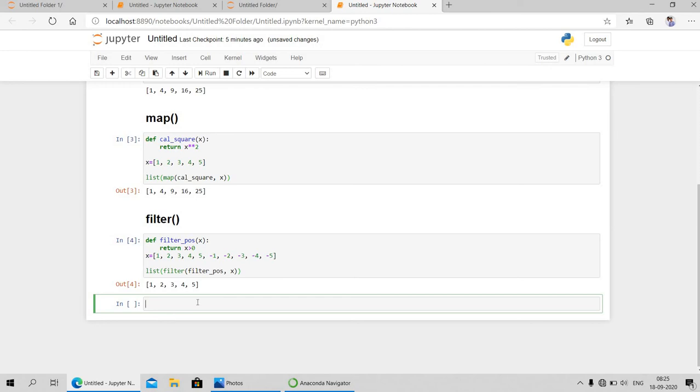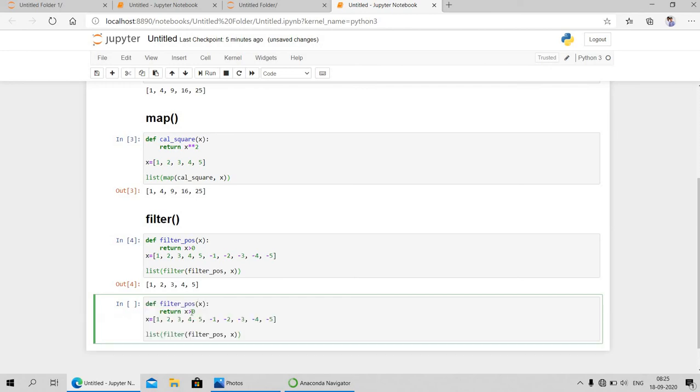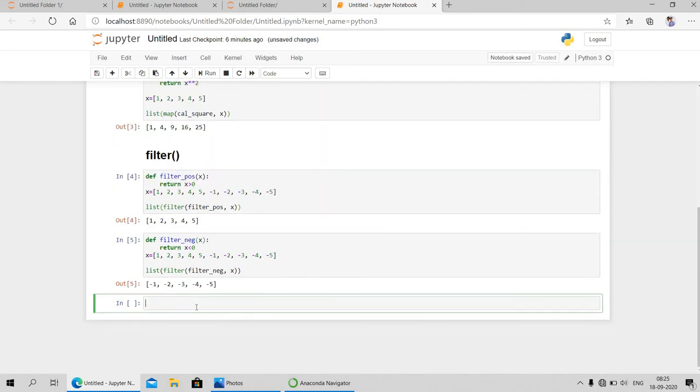I will show you. Let's run this button. Yeah, you can see here minus 1, minus 2, minus 3, minus 4 are the negative